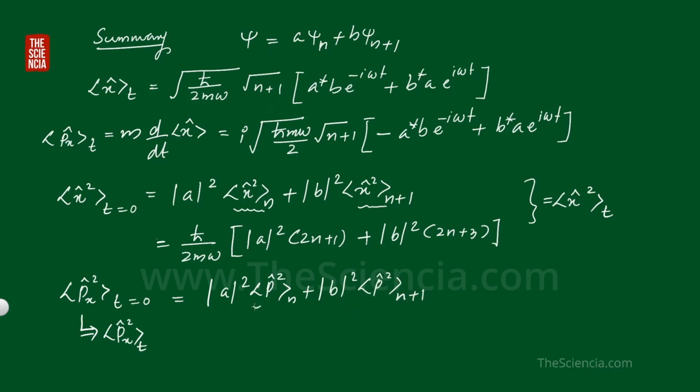And if you find out these terms, then you can write this is equal to h cross m omega by 2 into mod a square into 2n plus 1 plus mod b square into 2n plus